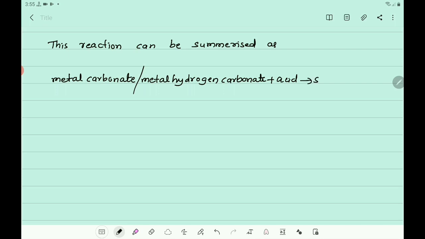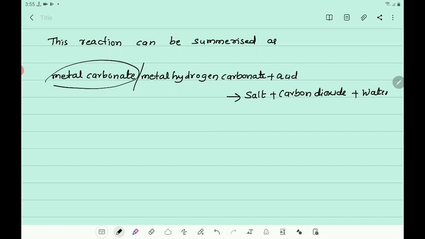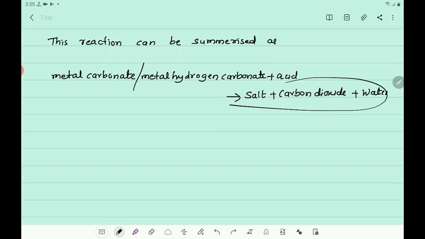Gives salt plus carbon dioxide plus water. Here if metal carbonate reacts with acid, these things form, or if metal hydrogen carbonate reacts, then also the same products